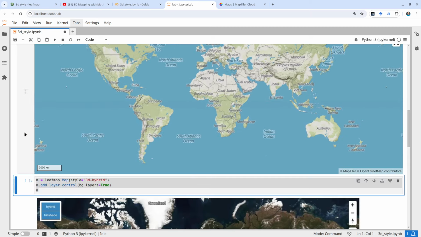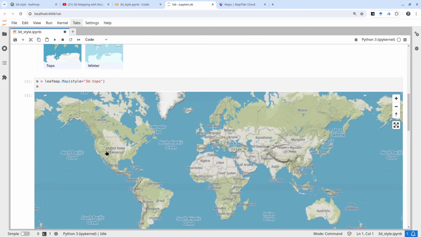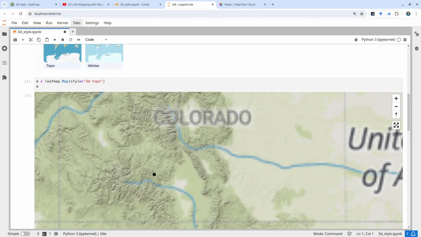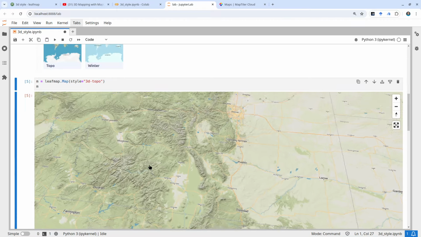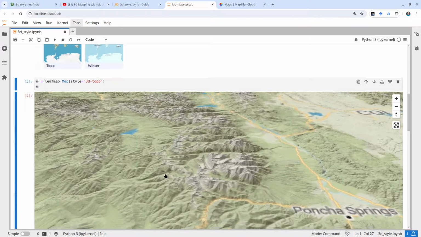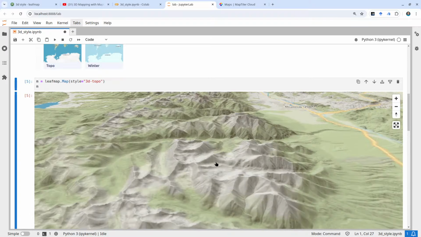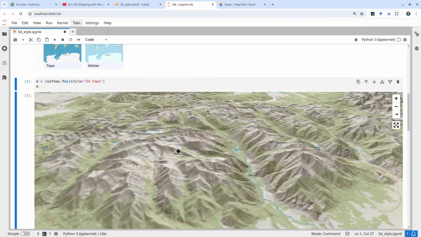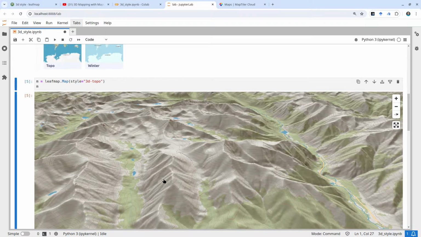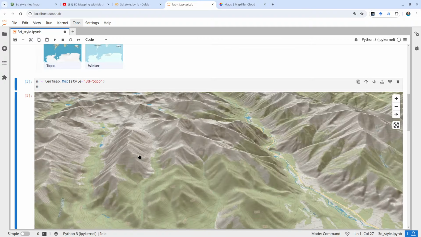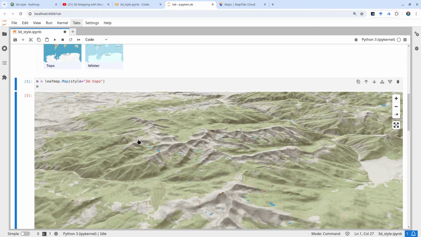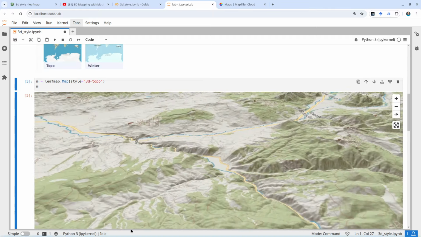See, now this one is actually 3D. There's a huge shape beneath this one. Now if you zoom in a little bit in here, take a look. If you tilt it and take a look, now this is actually 3D. The map is in 3D. All you need to do is just one line of code. Of course, you might see some of the contours in here because it's overlaid on top of the DEM, and it's very cool, right? With one line of code, you can create any 3D base map for any location on the globe, because this is all